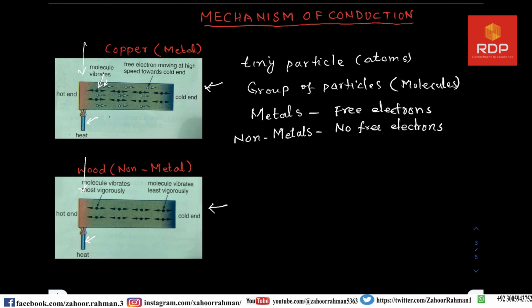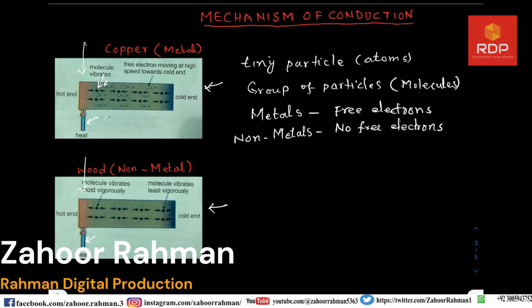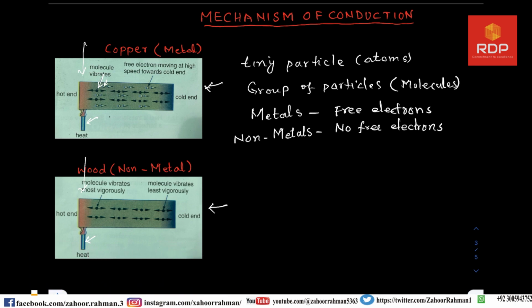This explains why the rate of heat transfer in good conductors is much faster than in an insulator, also known as a non-metal. Ladies and gentlemen, that was the conduction of heat